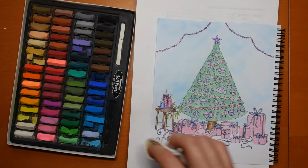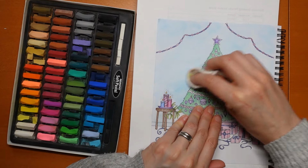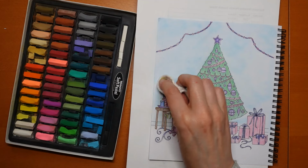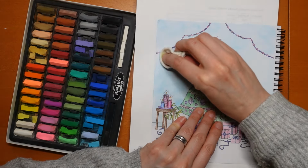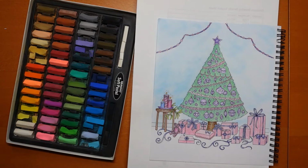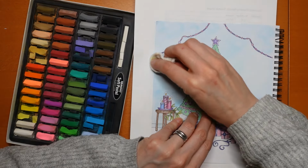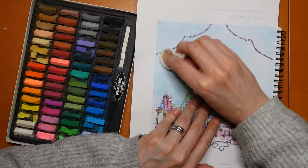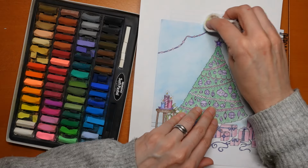I think that bit is as dark as I want it, so I'm going to have to apply more. It'll take a little bit of time to keep adding layers on, but very much quicker than pencil. If you don't have pastel, you can of course use pencil. If you're using this set, there's a few light greens, pop a blue, 347 would probably be a good choice, but it would take a long time. This is what I love about pastel, it's so quick. I mean, I realise I'm layering it up a little bit, but it's still really quick compared to a pencil